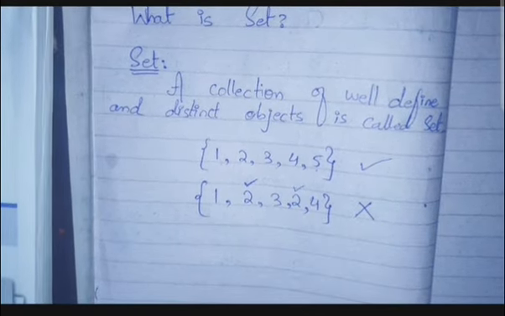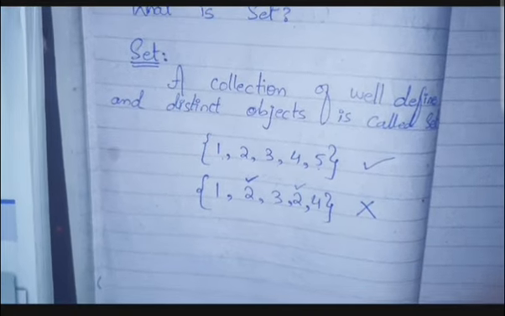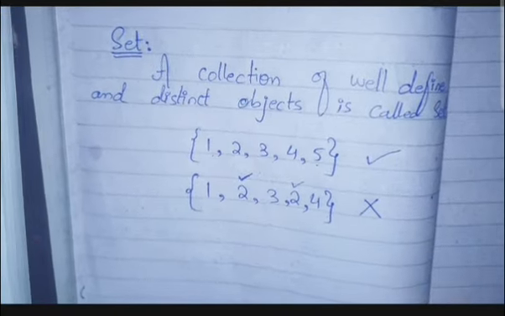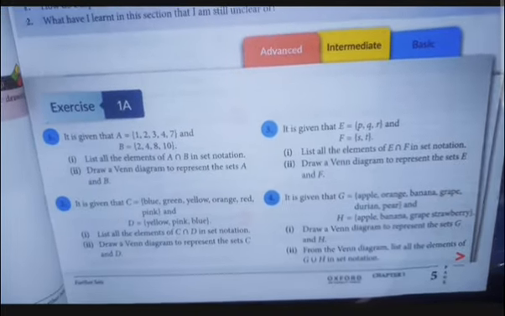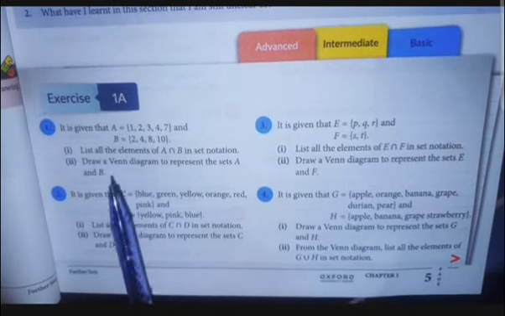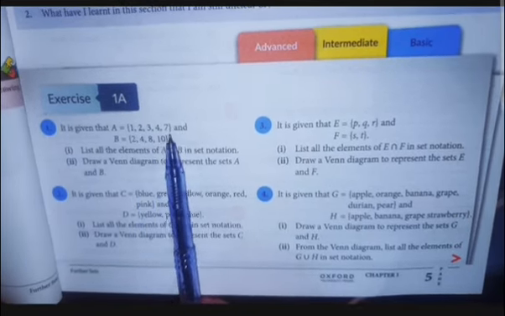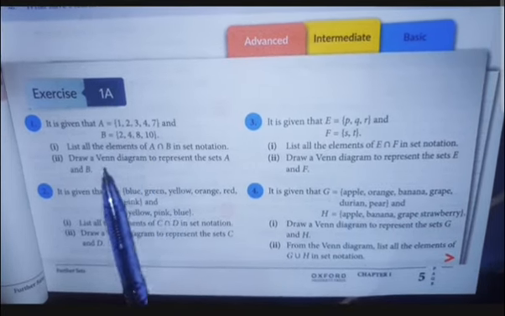So further जो concepts इसमें set में बहुत से और भी different चीज़ें हैं वो हम पढ़ते जाएंगे, question solve करते जाएंगे तो आपको automatically समझ आता जाएगा. तो let's move to part 1. So this is question number 1. It is given that A is equal to 1 2 3 4 and 7 and B is 2 4 8 and 10.